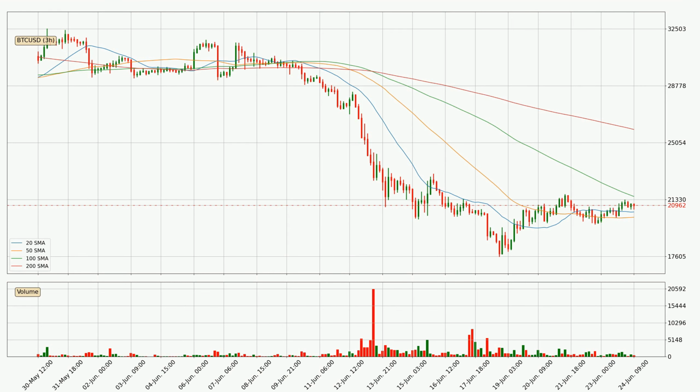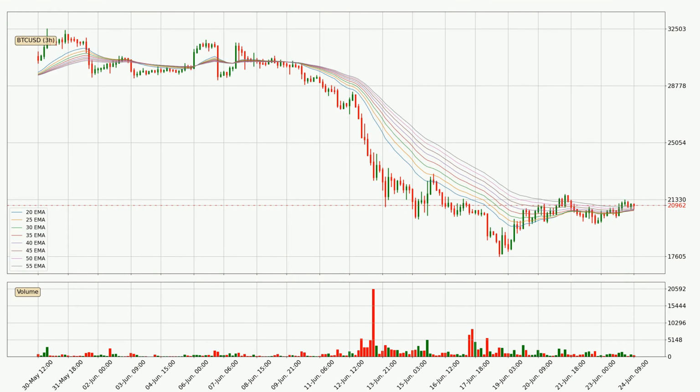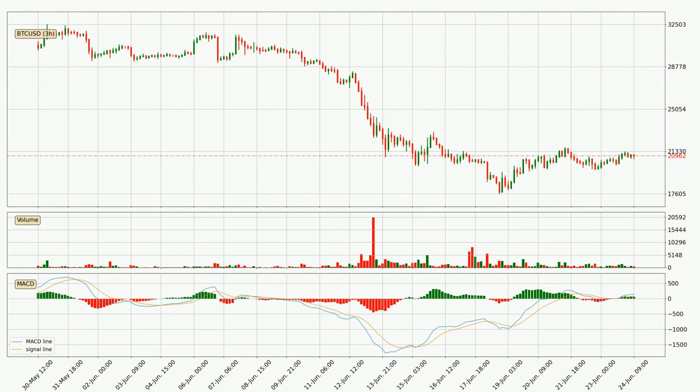Moving to the 3-hourly exponential moving averages, the current price went above the 3-hourly ribbon, so you should watch out for the price dipping back below the ribbon or if it will play as a support to the downside, which is currently at around $20,872. Jumping to the 3-hourly MACD, the MACD line is above the signal line, which shows that the current trend